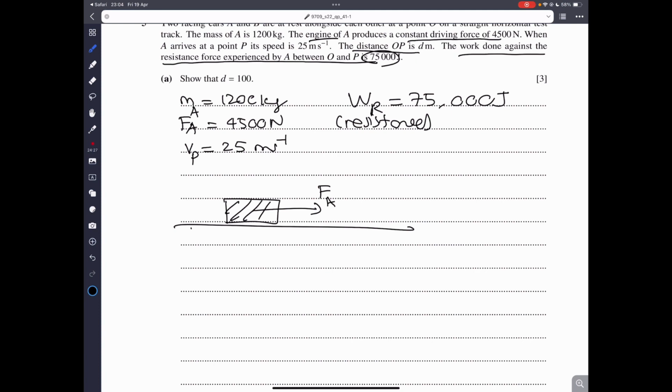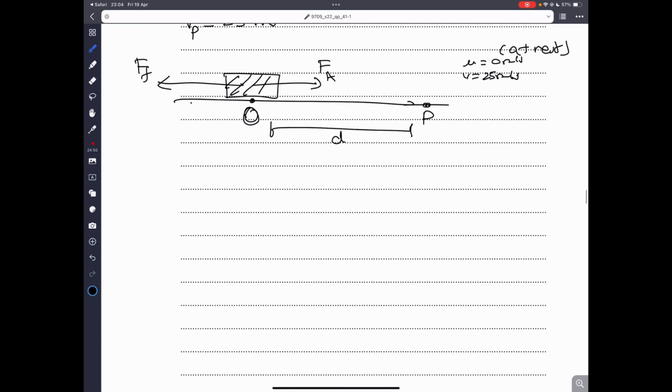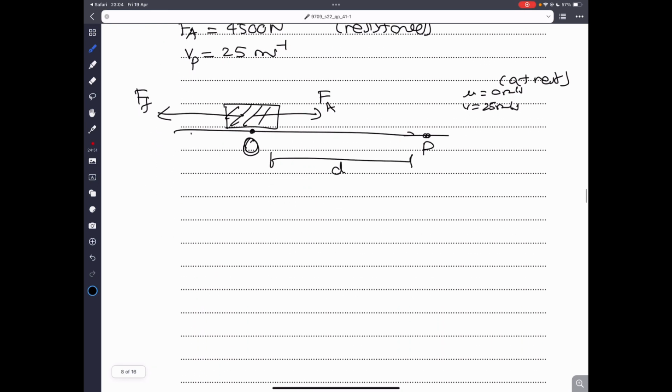And then there's a frictional force. Remember, there's a frictional force at this point. This is its resting position, and when it is at P, it has moved a distance D. Its velocity is 25 meters per second. The initial velocity is 0 meters per second because it is at rest. So we have to use the work-energy equation because